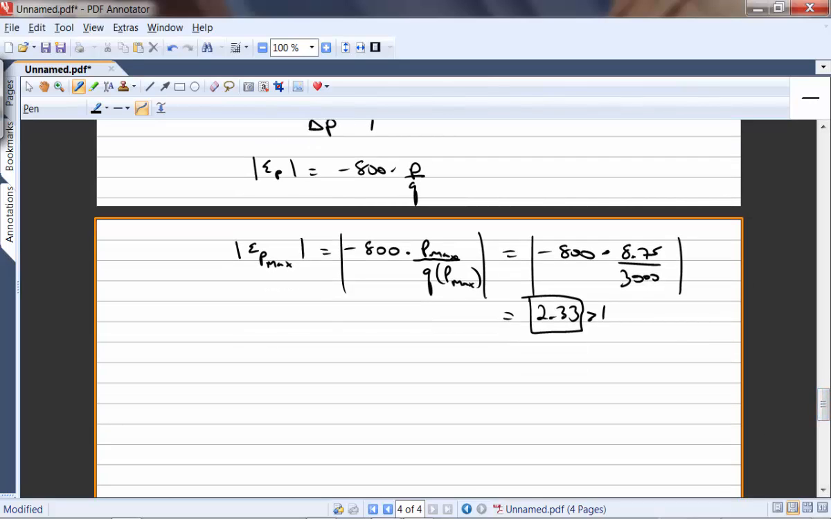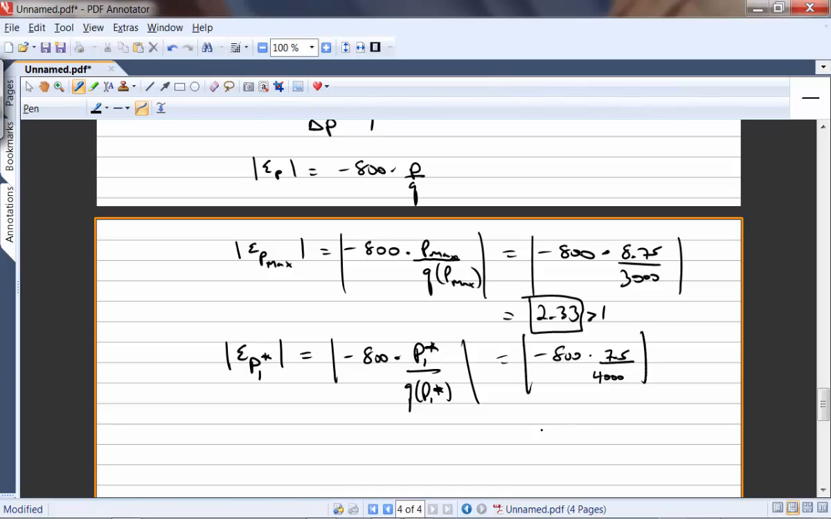Just to show you that the price elasticity of demand changes as we move along the demand curve, let's calculate the price elasticity of demand at, say, one of those break-even points that we found. Let's calculate it at P1 star, for example. So here we would get negative 800 times P1 star over Q of P1 star. What was the first break-even point? I believe it was $7.50. And what was the quantity demanded at that break-even point? I think it was 4,000 units, if I can recall correctly. So when you calculate this, you're going to get 1.5, which is bigger than 1, but it's less elastic. Still relatively elastic because it's bigger than 1. So elastic demand, but not as elastic